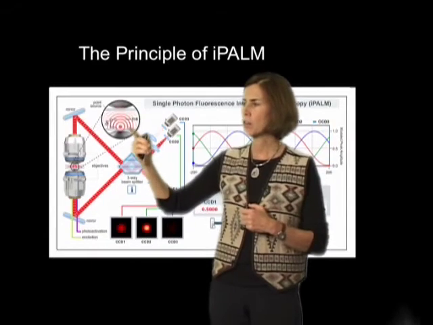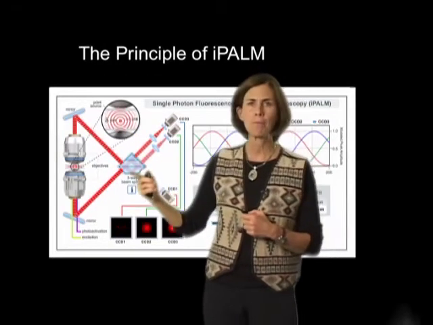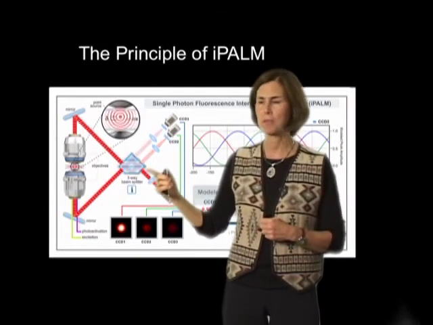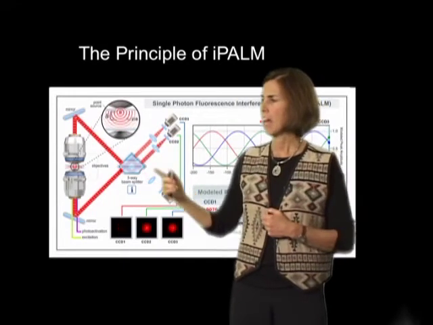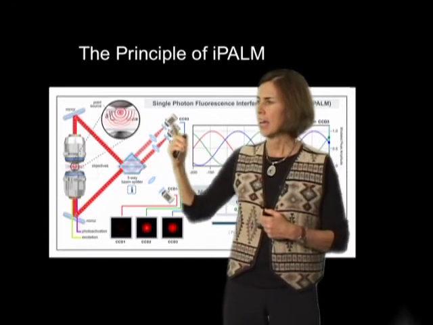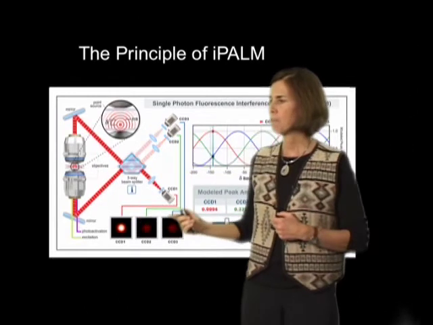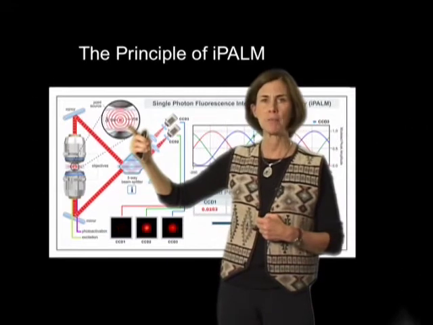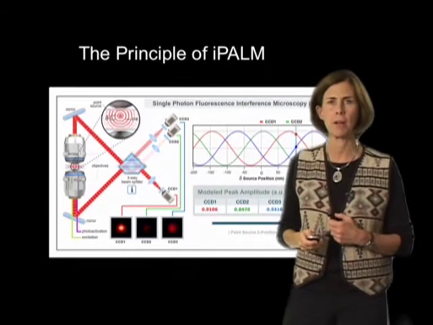Now, depending on where the photon emitter is positioned when it gives off its photon, the waves from that photon, when they recombine in this three-way beam splitter, will either constructively or destructively interfere with each other. And that can be sensed by these three CCD cameras to determine with nanometric accuracy where this photon has been emitted in Z space. So this is the principle behind iPALM, and it gives